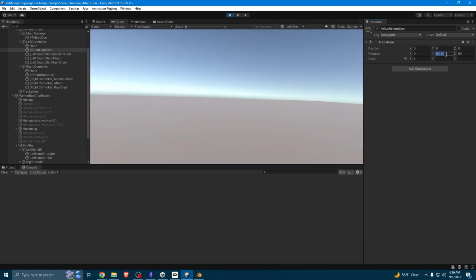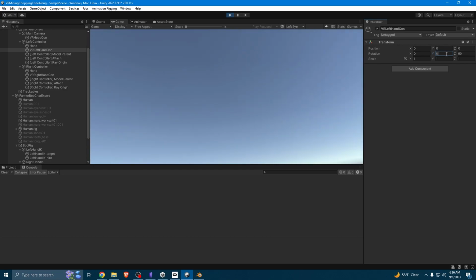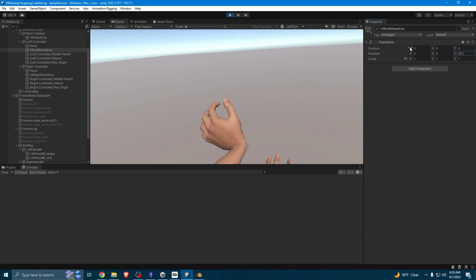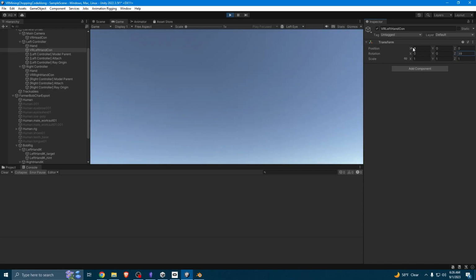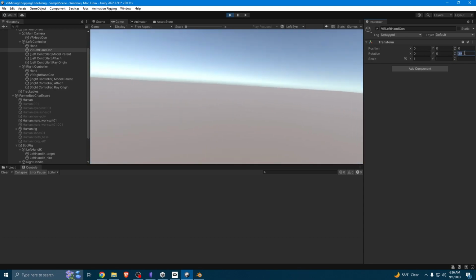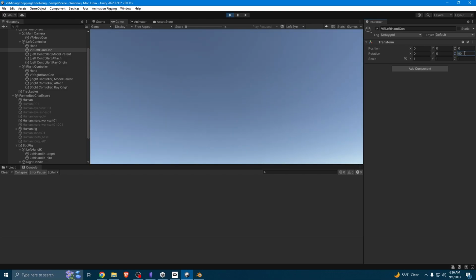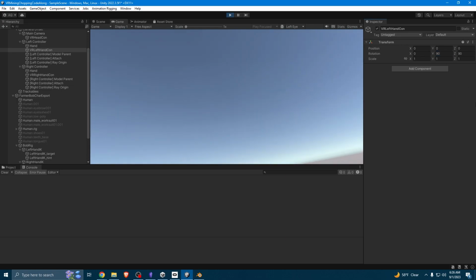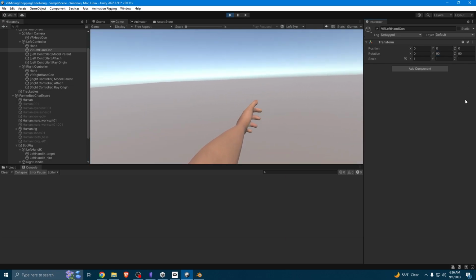No, not in that direction. 0 in this direction. So 90, 90. So now when we hold the controller straight out, it's just slightly, I want it bent a little bit